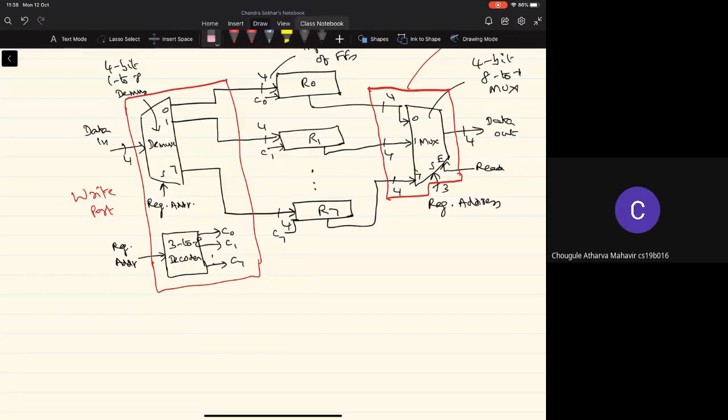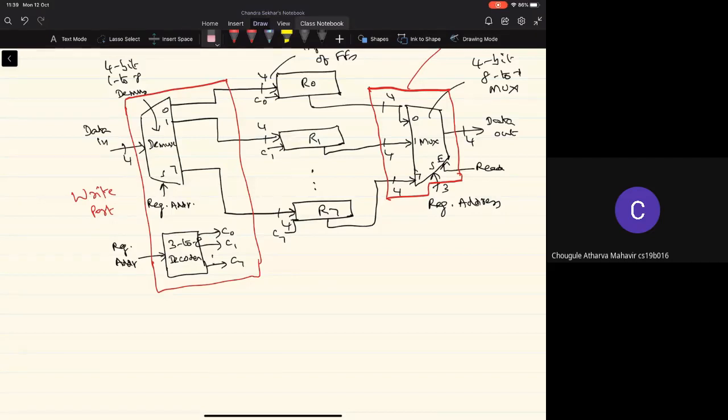To have multiple write ports, one has to have at least multiplexers before each of the registers. There will be two multiplexers, one for data lines and the other for the control lines. Those multiplexers will be selected depending on which port is currently performing the write operation onto that register. And if I want to have multiple write ports, that will only increase the complexity of the multiplexer logic required before each of the registers.